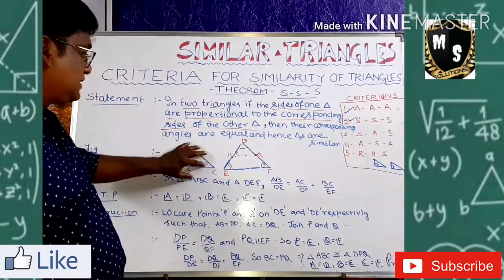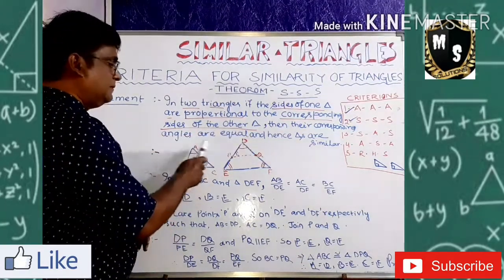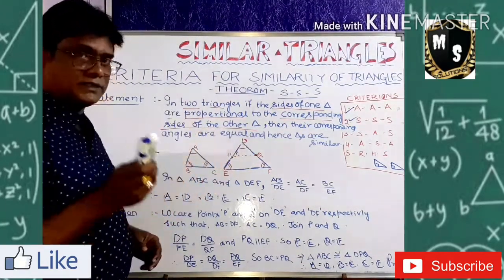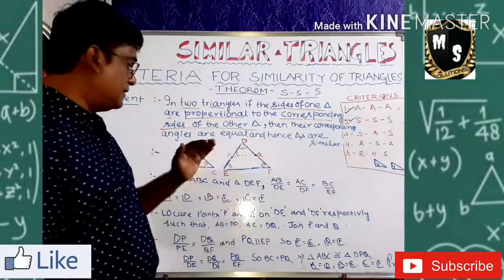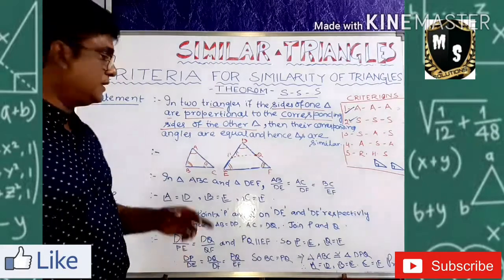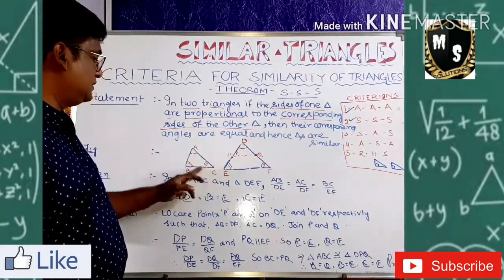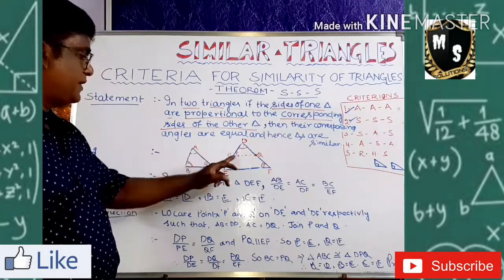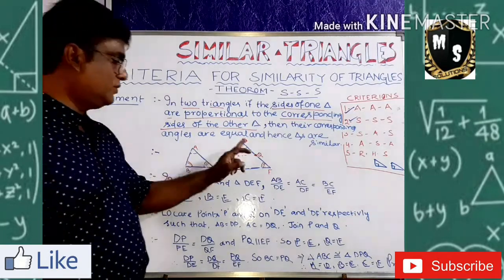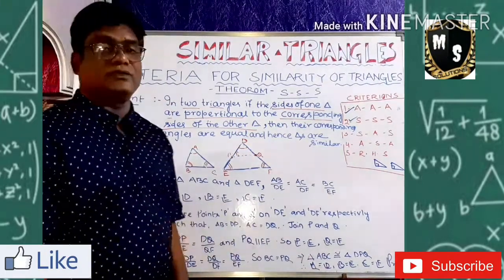For that reason, this triangle and this triangle are congruent. Triangle ABC is congruent, same in size and also the angles are the same. So now we can write the proof. We can prove that angle A is equal to angle D, angle B is equal to angle P, and angle C is equal to angle Q. That is our proof. See, now the angles will be the same.